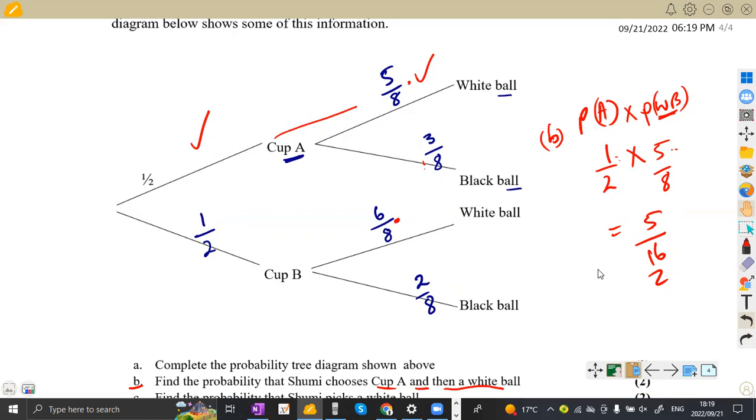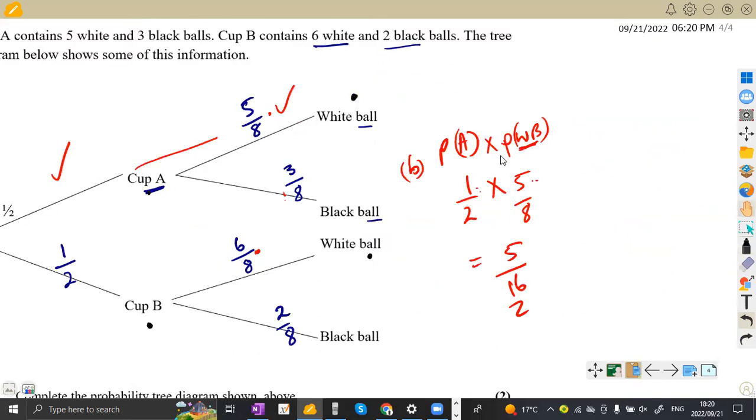It means, how does it? Picking a white ball from cup A or cup B. Parukoneka ndo condition iri kuitika, ndo zvazviri kureva kuti tinokwanisa kupika a white ball from cup A kana kupika a white ball from what? From cup B. All right, already panapa calculator probability yekupika chi white ball, this one yekupika white ball from cup